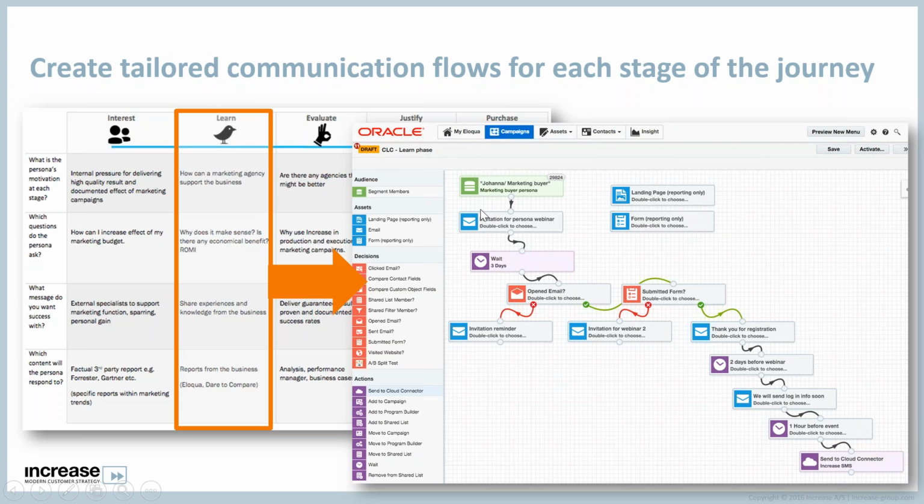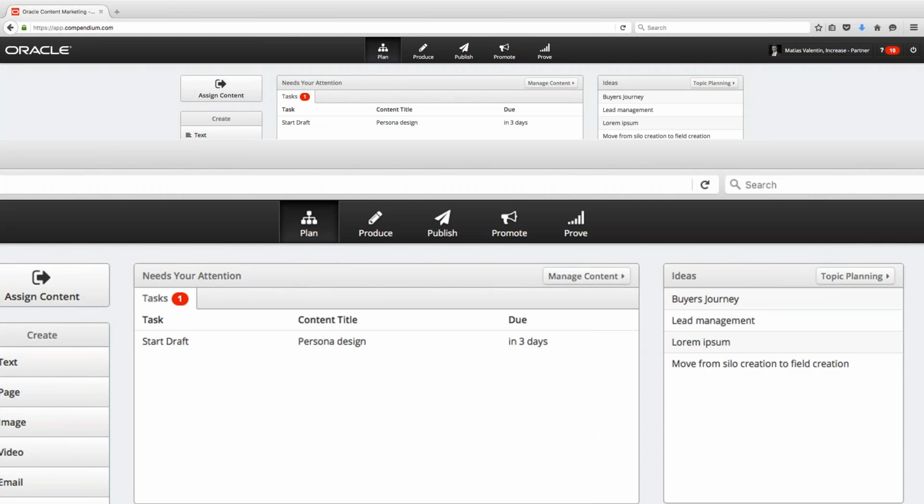So in this case, Johanna would receive a number of different touch points in the learn phase of her life cycle, but the content would be created in the Content Cloud and automatically pushed into the emails based on the persona that Johanna has. So it really gives us a dynamic way of managing content centrally and then pushing it into the different platforms. But